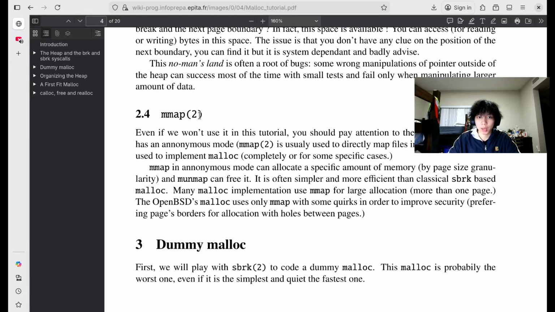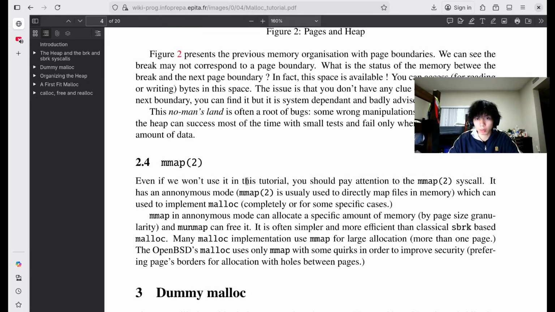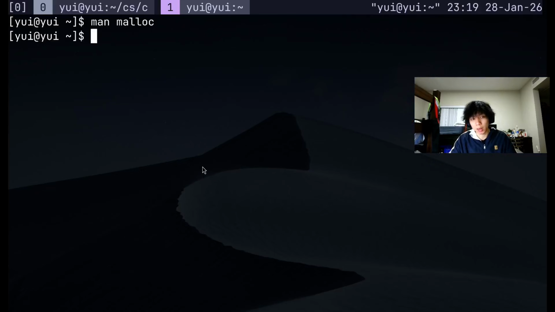We have mmap. If we want to use this, you should pay attention to the mmap system call. But for this tutorial we're not gonna use mmap. We're just gonna use SBRK and BRK as a whole. Well, for our modern mallocs, you will probably see how